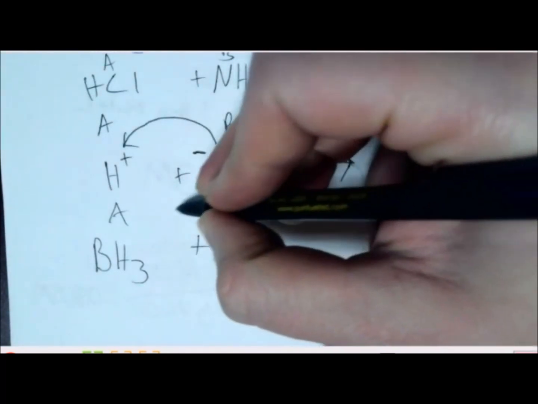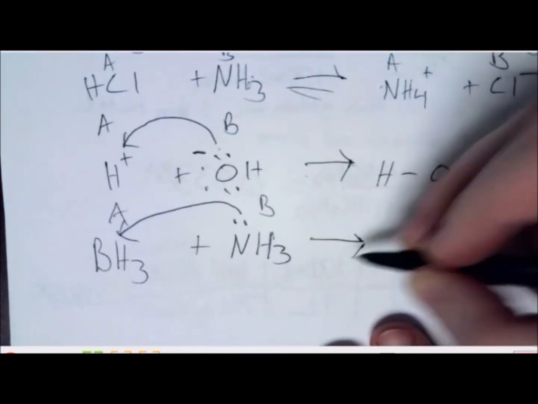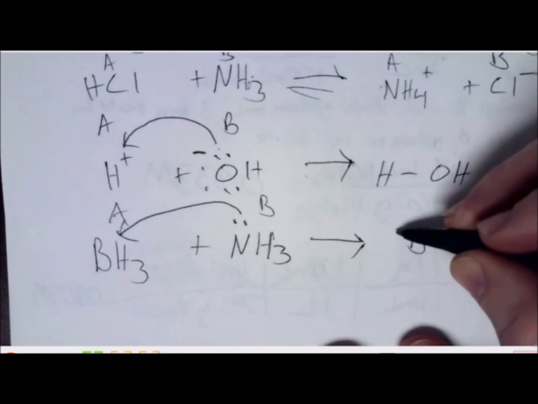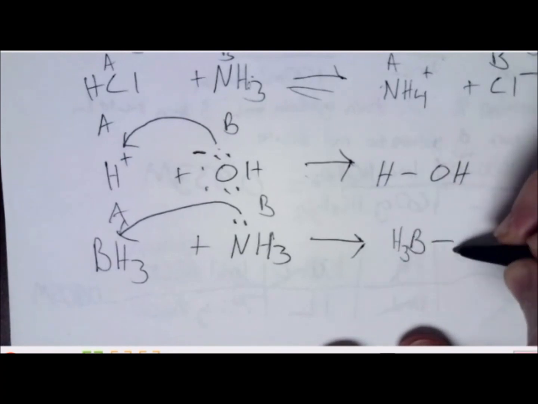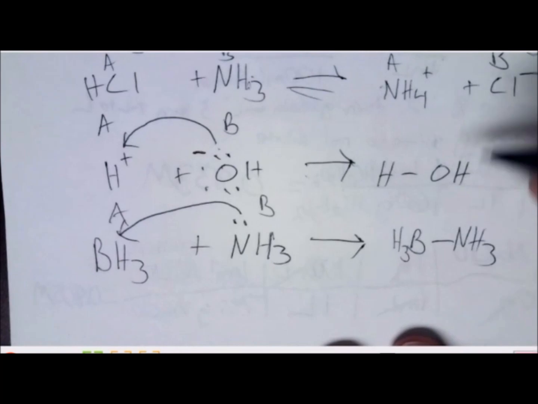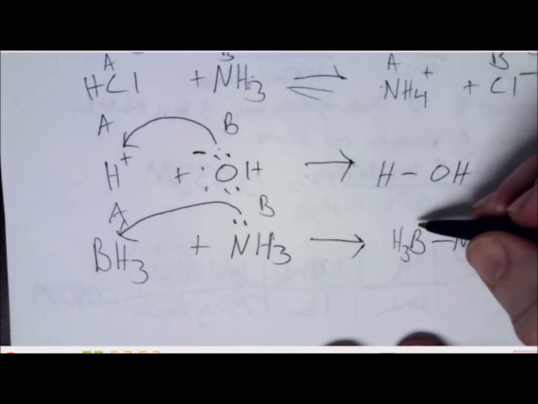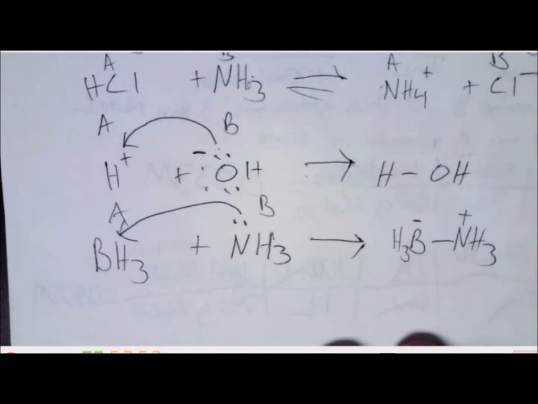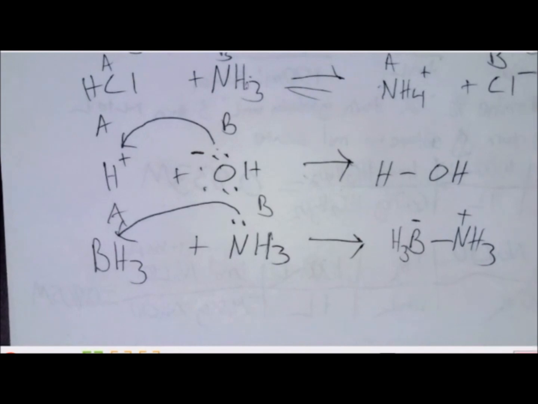So what would happen is the electrons on ammonia would donate into the boron to form BH3-NH3, a molecule right here, an adduct, if you will, where everything has an octet now. And this is what Lewis acids would allow us to do. However, we're not going to focus on Lewis acids because hydronium is our key component we're going to look at